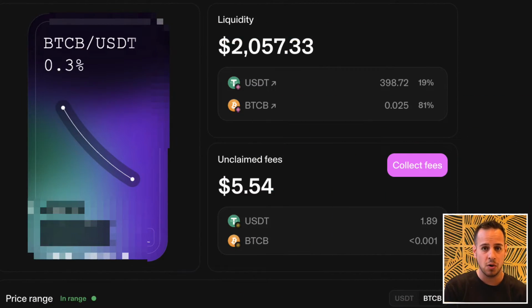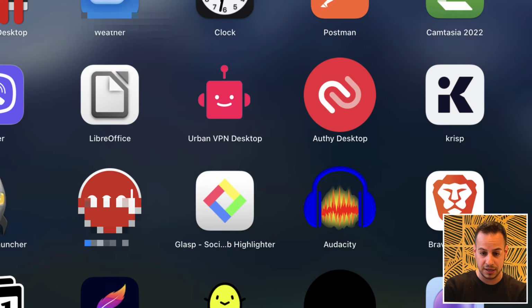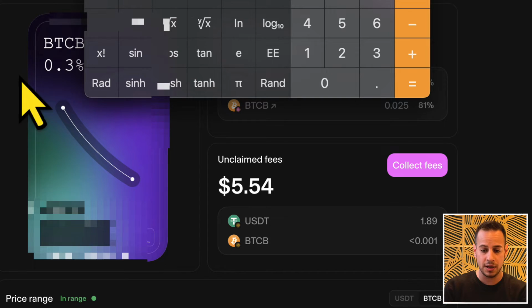And meanwhile, while it's in this range, I want you to generate fees. And this is exactly what I did today. And you can see it in the picture right now on the screen. And literally since this morning, it's around 12 hours, I generated $5.5 in transaction fees. This is crazy, insane. I generated those fees in Bitcoin and USDT.